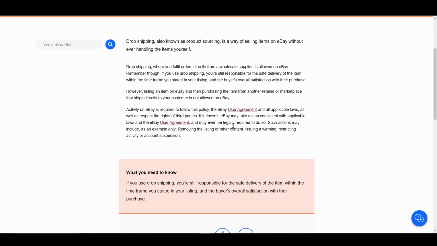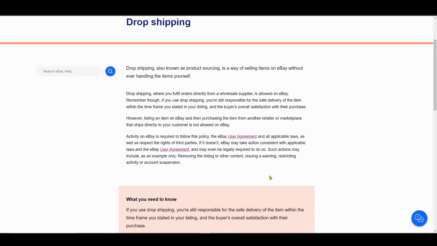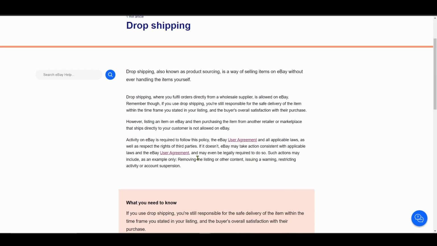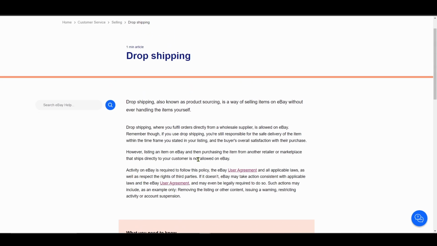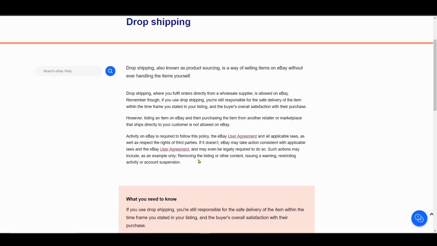What it used to say, I'm sure, was you had to be able to prove that you were a wholesaler, and it actually gave you a bit of advice on how to get around it, which was basically set up a company, find a wholesaler, buy some stuff from them, get some invoices, make yourself look like a proper company, or even better yet, be a proper company. It doesn't say that anymore. They've just taken all the useful stuff out of the way, and they just send you to the user agreement, which doesn't actually tell you anything useful either. It just tells you what you can't do.